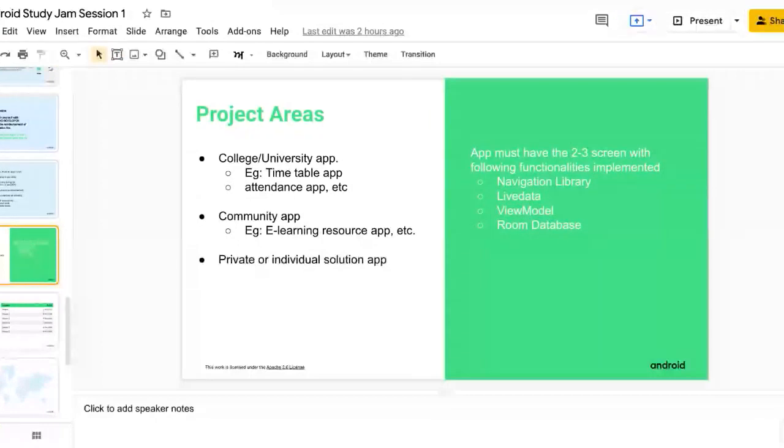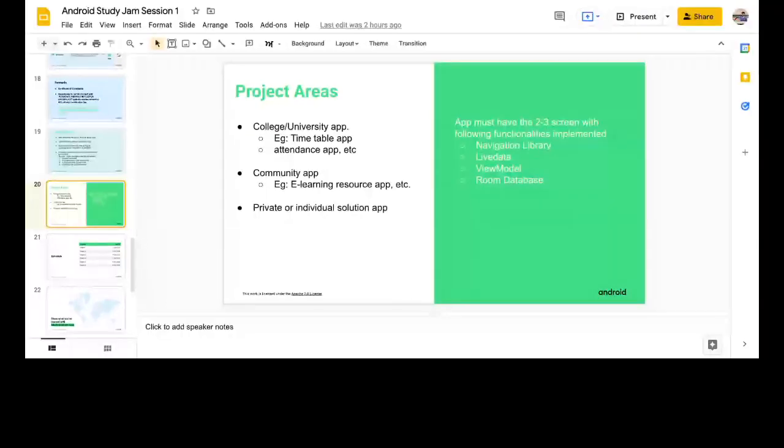Okay, I'm sharing my screen to show the problem statements. Just 1 minute. Yeah, so these are the project areas given by the Google Developers and Clubs Committee, and you have to build an app covering any one of these areas.